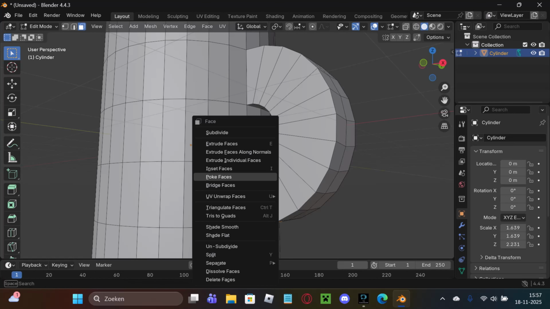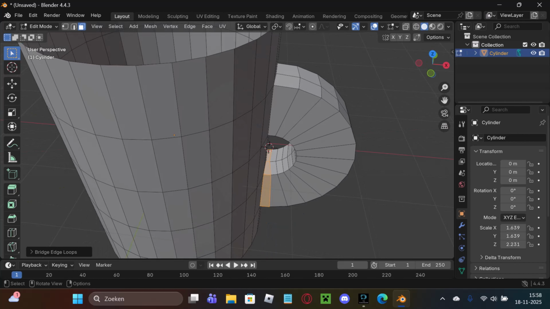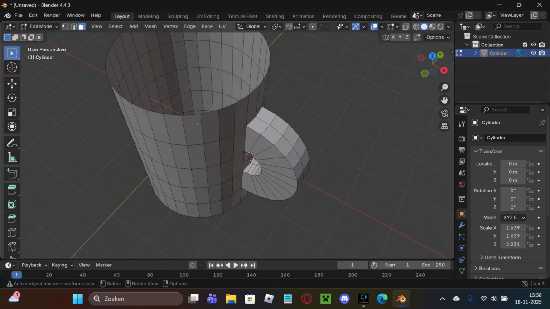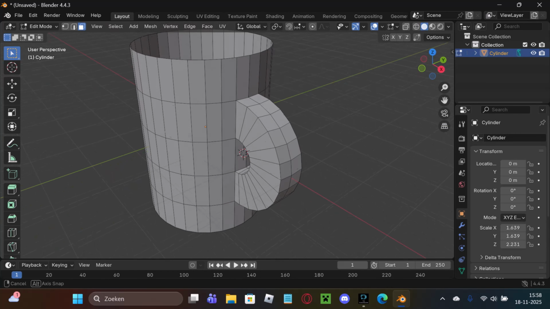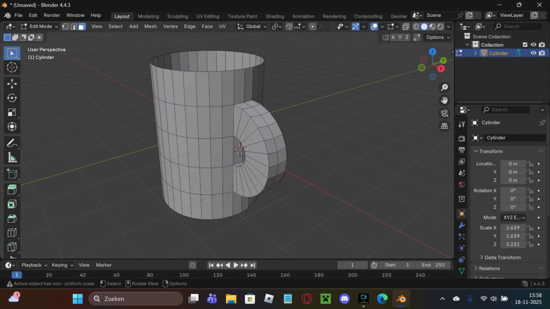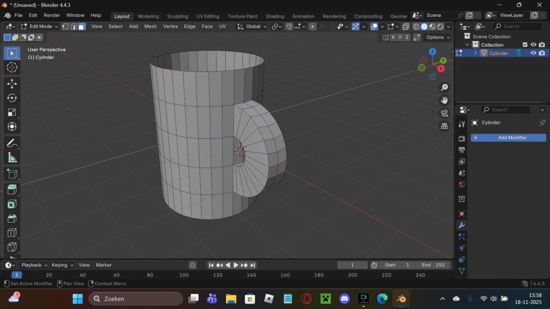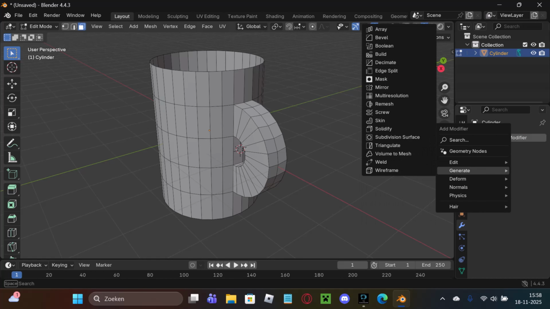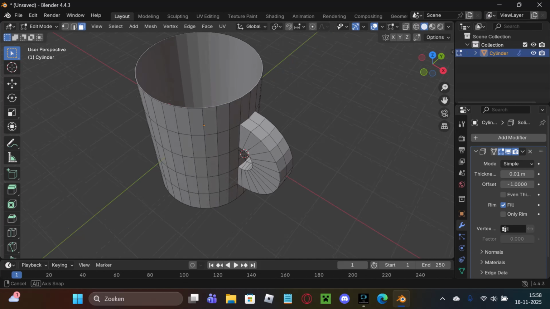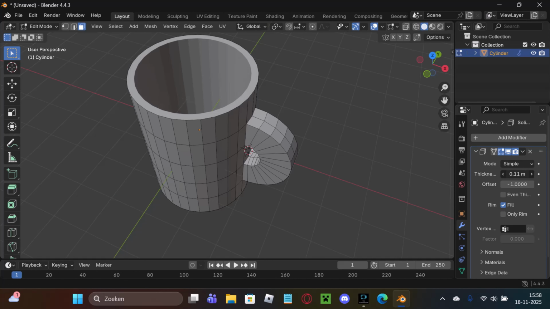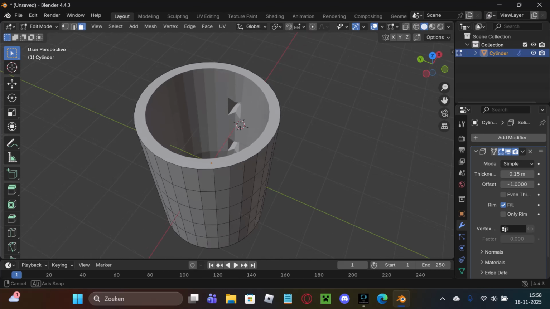And now you want to right click, and then where is it, bridge faces. It's gonna connect them. So now you have a coffee mug. It's not that detailed though, so we're gonna go to modifiers, add modifier, and the first one we wanna add is solidify. So you can just drag this around to make it a little more like this,